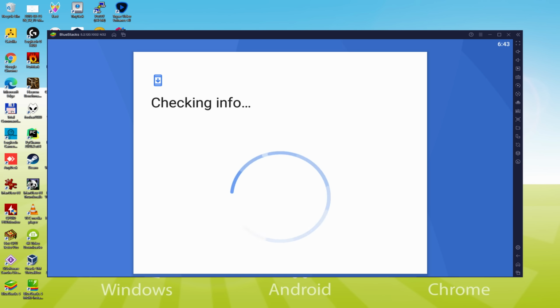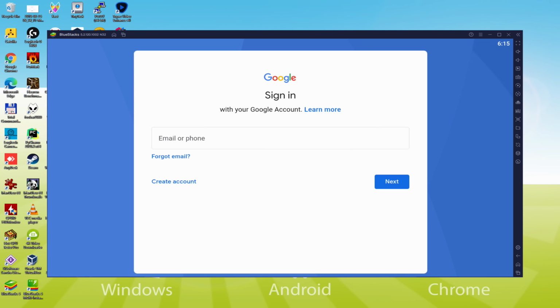At this moment it says, Checking Info. It may once in a while get stuck in Checking Info, and this does not progress. If that's the case, you can try to connect to your account after a few hours and it'll probably be resolved. At this moment we are going to insert our login name and password. The email must be a Gmail email address and its associated password.